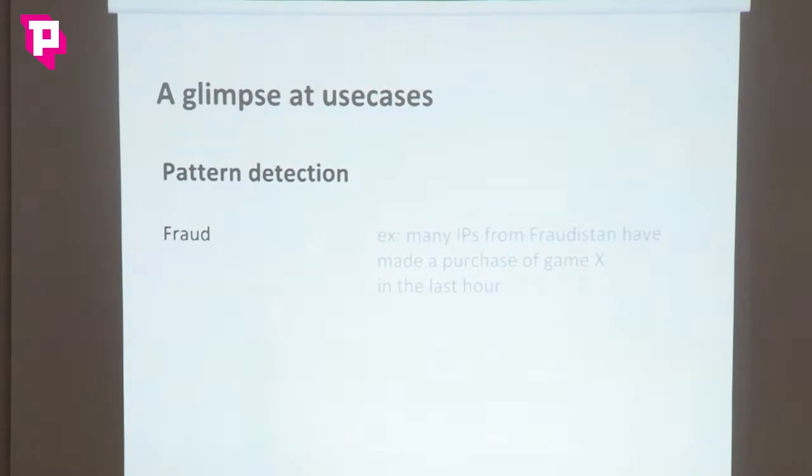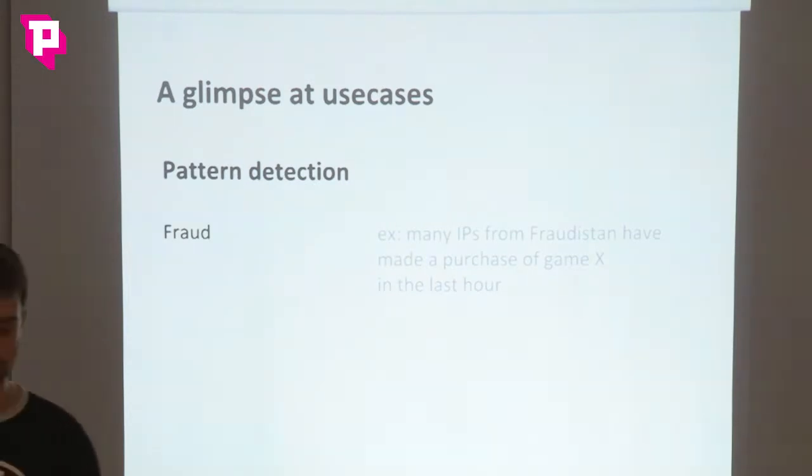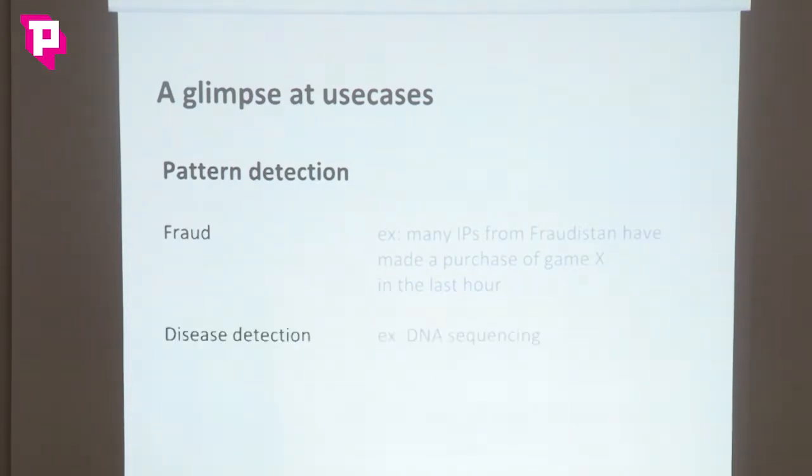Just compare patterns. They have a history, they know what the shape of the graph is, and then all of a sudden the graph totally changes. So there should be an alert: okay, there should be a problem with Fraudistan, we should check exactly what's going on. That's really pattern matching. You know a pattern, you're trying to see if it resembles.